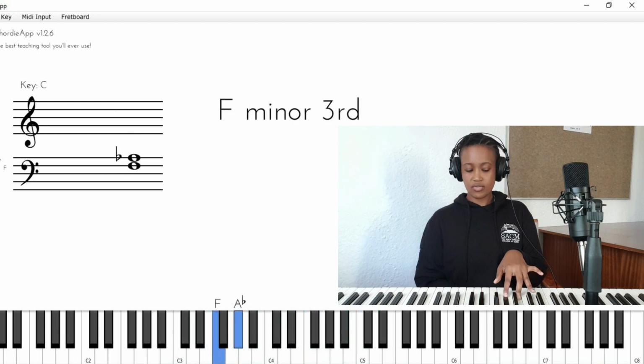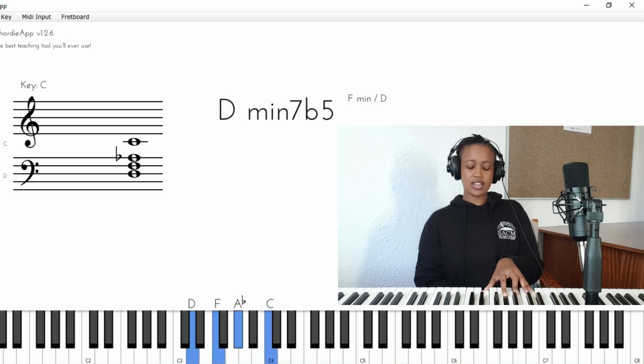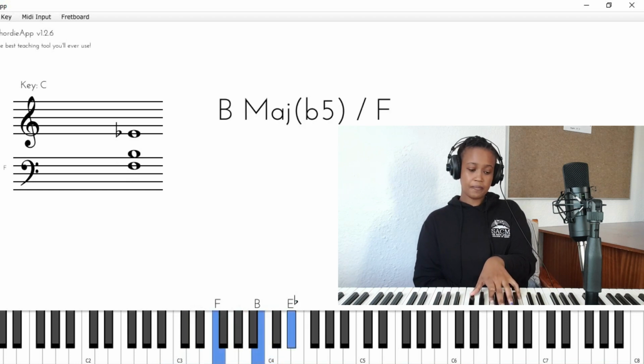So if I have, here's another altered 5 chord, which takes me to